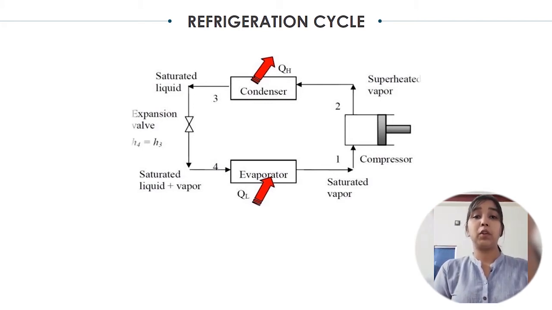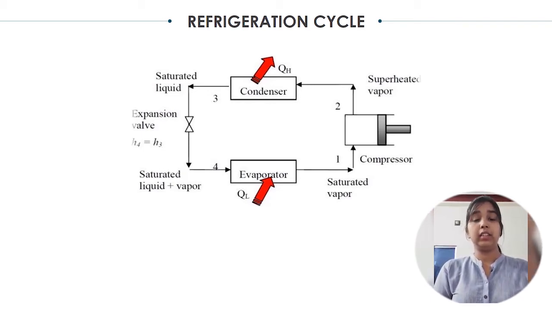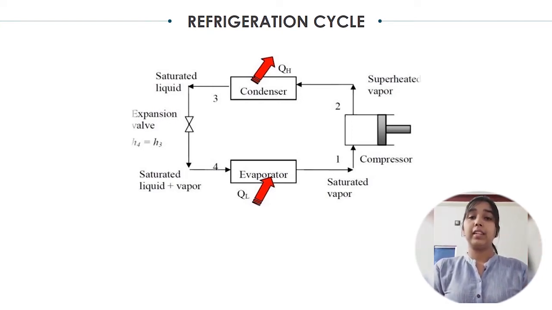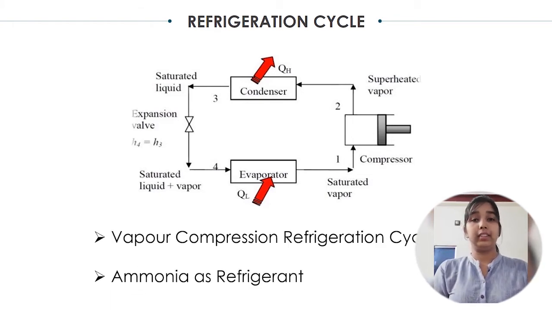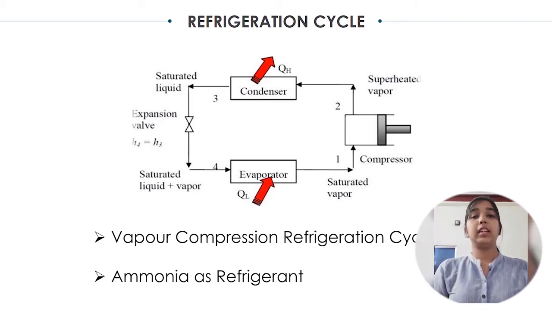Refrigeration is the process of maintaining low temperature in the storage space as compared to the surroundings. Cold storage works on the VCR cycle, that is, the vapor compression refrigeration cycle. The cycle mainly consists of four components: evaporator, compressor, condenser and expansion valve. Here, the evaporator and condenser are heat exchangers, where the evaporator is the heat exchanger attached in the system, and the condenser is the heat exchanger which is attached in the surroundings.